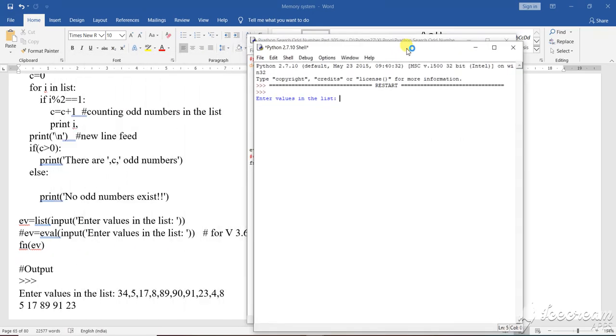Enter the value of the list. Suppose 34, then 5, 17, 8, 89, 90, then suppose 91, 23, 4, then 8.